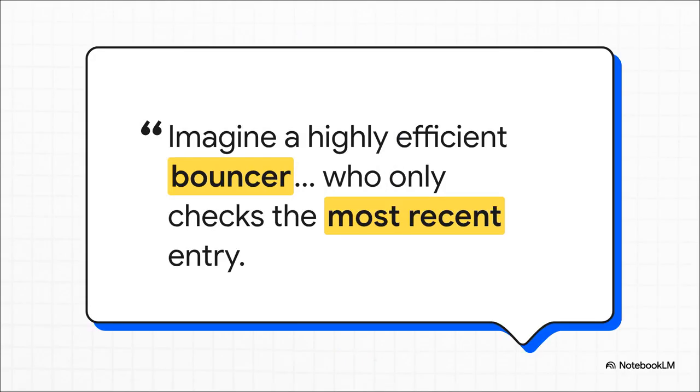We do it with the bouncer. I absolutely love this analogy. Imagine a highly efficient bouncer at an incredibly busy club. They do not care about the 100 people standing way back in the line. They only need to look at the ID of the person standing directly in front of them right at that exact moment. By using a LIFO ledger, the system only ever needs to query index 0, literally the very top of the stack, to establish immediate, flawless mathematical proof of the entire system state.